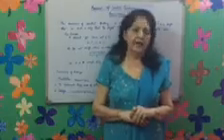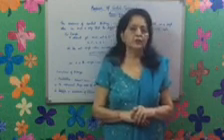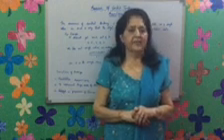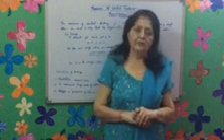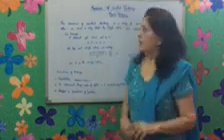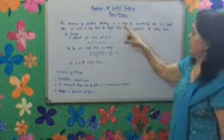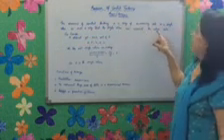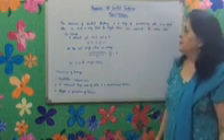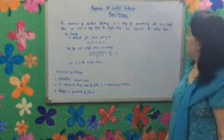Hello and welcome friends. The topic we are going to discuss today is measures of central tendency, or measures of averages as we commonly call it. The measure of central tendency is a way of summarizing data in a single value in such a way that the single value can represent the entire data.